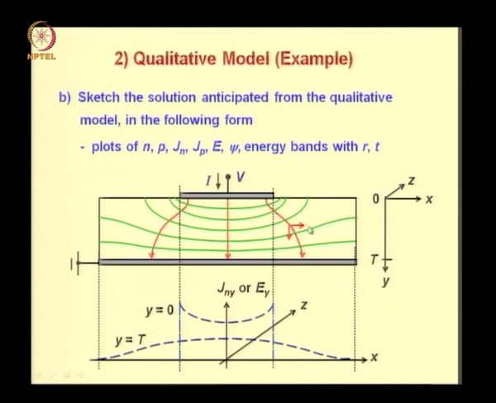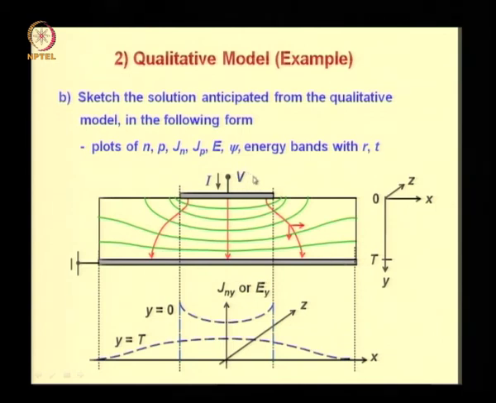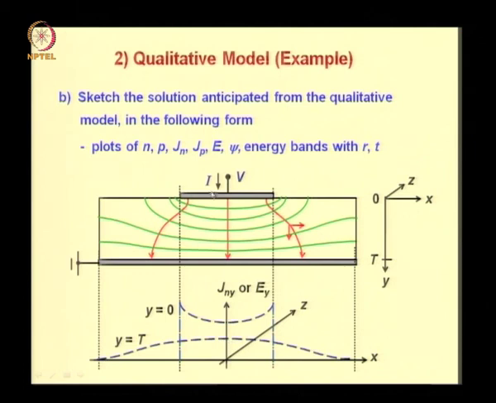As length of the field line increases, the average electric field along the line decreases, because the integral over the length is V remaining constant. Therefore, at the bottom contact, the current density is maximum at the center, because the flow line is straight and has minimum length here, and then it goes on decreasing.